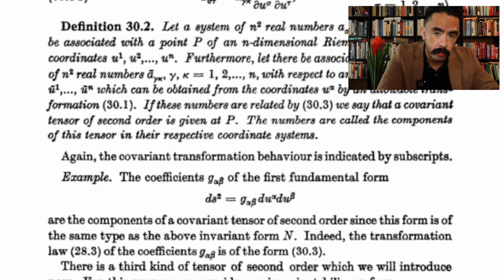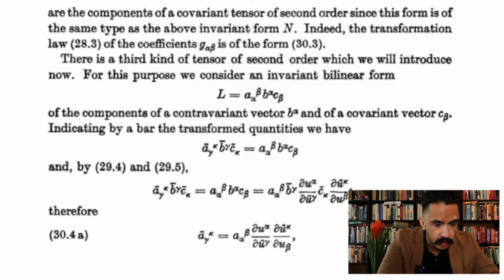and a sub sigma tau equals etc. There's a third kind of tensor of second order which we will introduce now. For this purpose, we consider an invariant bilinear form capital L, which is equal to a with a subscript alpha, but then a also has a superscript of beta, times b with a superscript alpha times c with a subscript beta, of the components of a contravariant vector b superscript alpha and of a covariant vector c subscript beta,